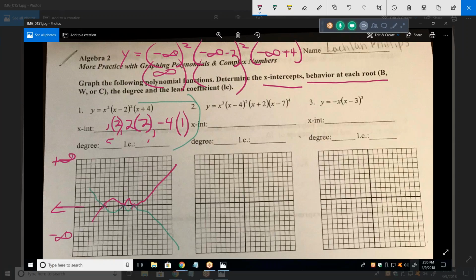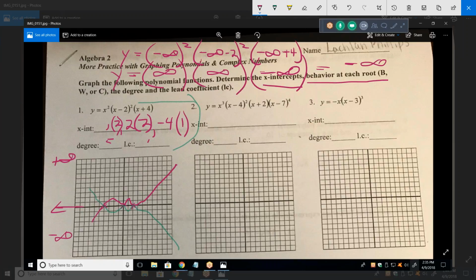Good. And finally, what's negative infinity plus 4? Negative infinity. In other words, you can add whatever you want to negative infinity, you're still at negative infinity. So now, if you multiply those three together, you get negative infinity,